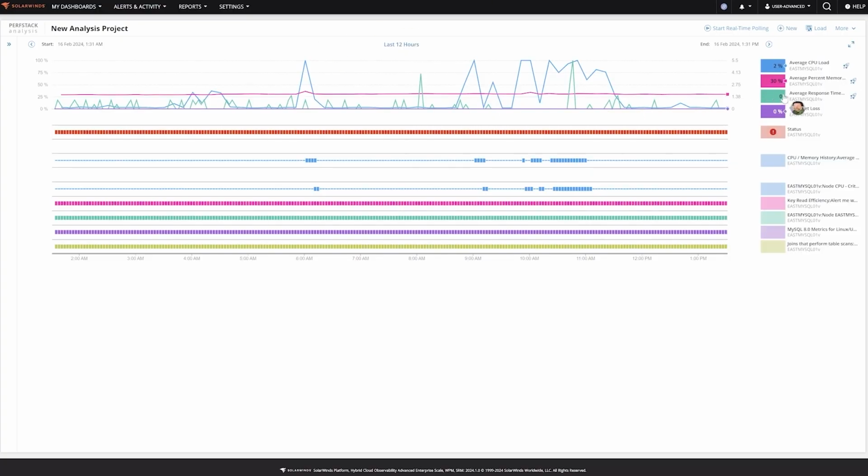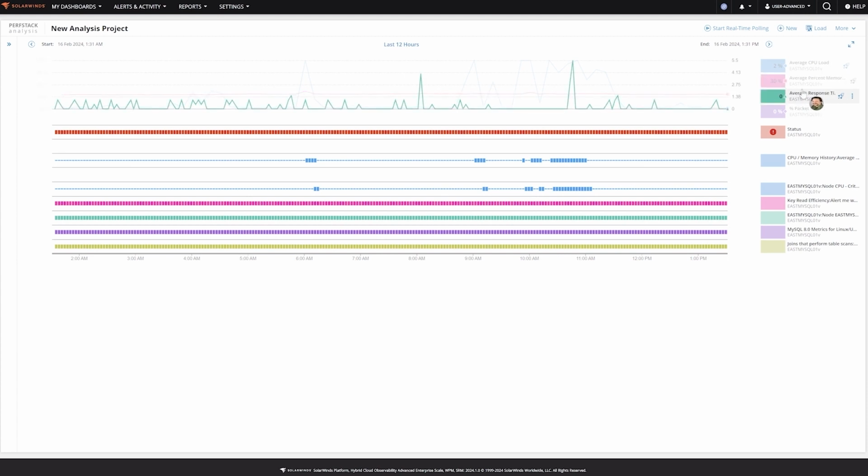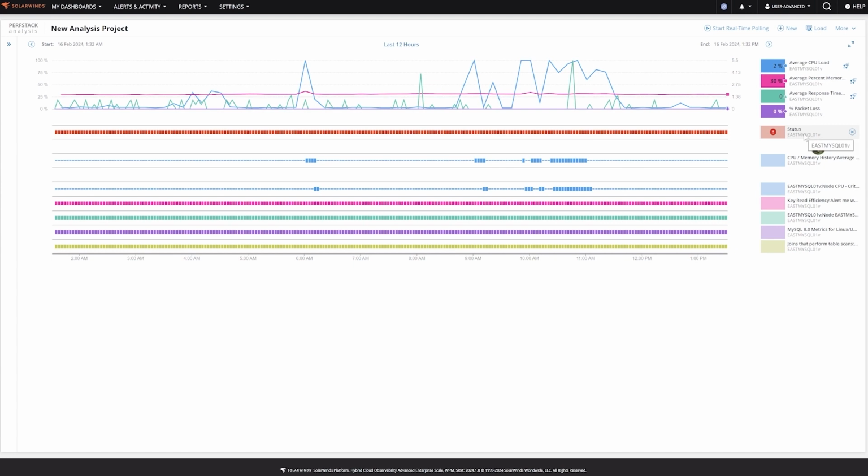Yeah, so you can see over here, this was a CPU thing, so a CPU metric that we were monitoring. We have a lot of different CPU metrics here, and we've got response time, percent memory. And this is the status of the alert. So again, this thing would have been alerting all the time. Remember, we said it was going to be 44%.